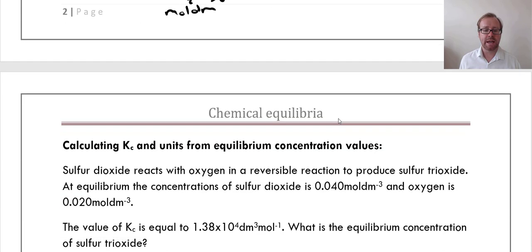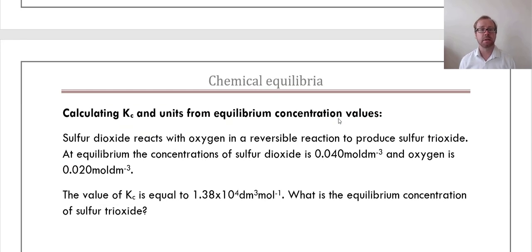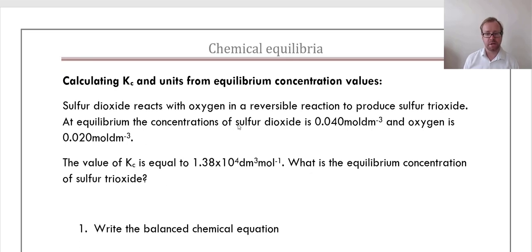Okay, now we're going to have a go at calculating Kc in units from equilibrium concentration values. So we'll go through this together. Sulfur dioxide reacts with oxygen in a reversible reaction to produce sulfur trioxide. At equilibrium, the concentration of sulfur dioxide is 0.040 mole dm minus 3 and oxygen is 0.020 mole dm minus 3. The value of Kc is equal to 1.38 times 10 to the 4 dm cubed mole minus 1. What is the equilibrium concentration of sulfur